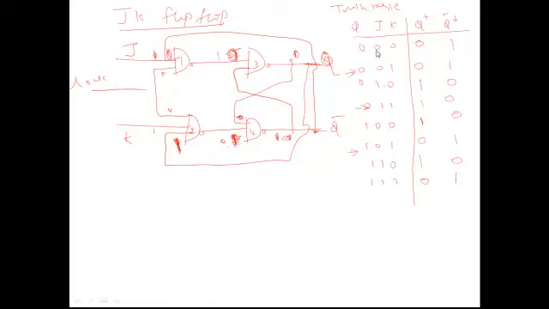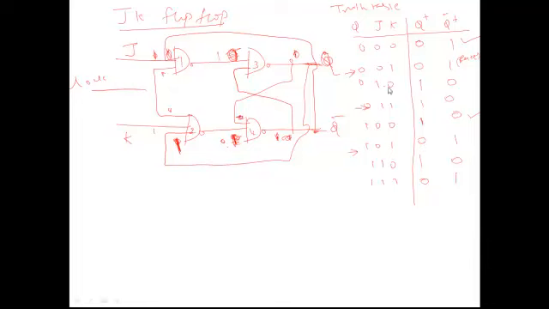Whenever both the inputs are 0, 0, it's a no change state. No change in two conditions. In the sense, whatever is the present state, the same thing comes as the next state also. Here also you see present state is 1, next state is 1. Whenever J is 0 and K is 1, it is a reset state. Reset in the sense the flip-flop is saving value 0. Here also reset state. You see flip-flop is saving value 0.